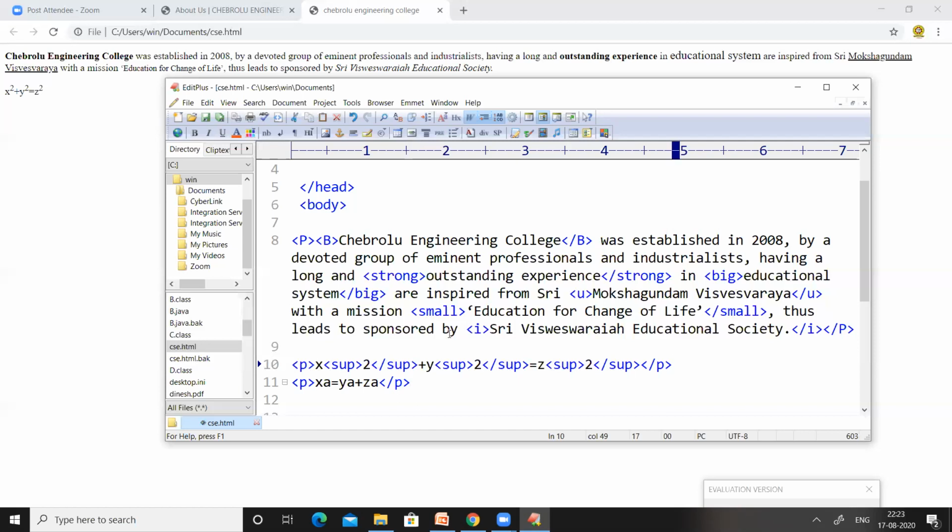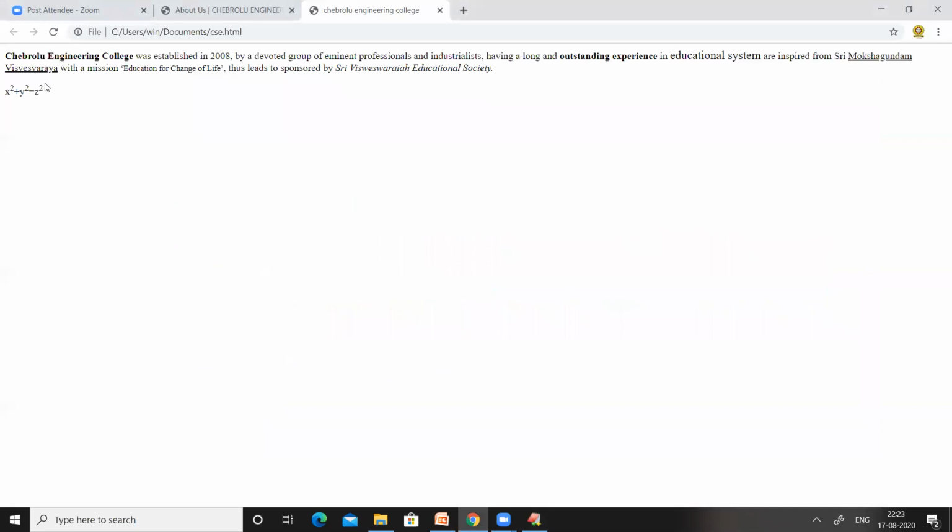If you observe the output of this code, we have xa equal to ya plus za. But I want to keep this a just below x, y and z.